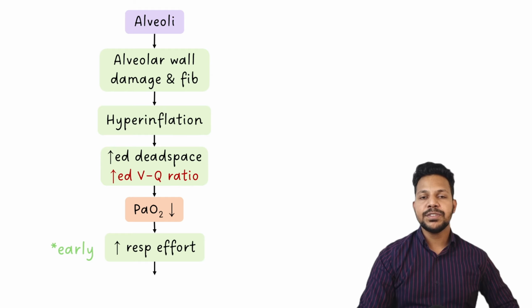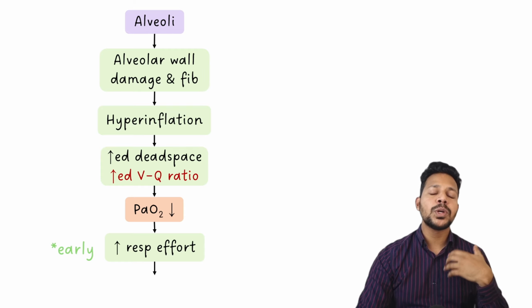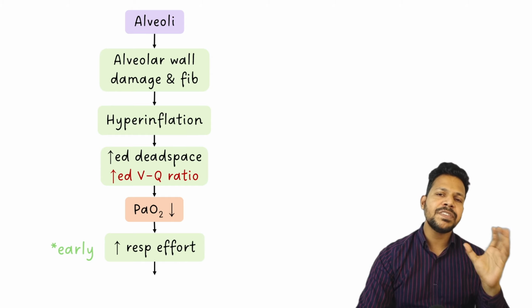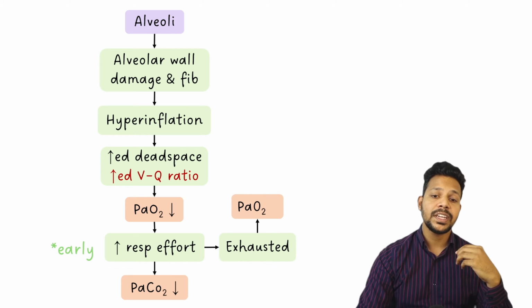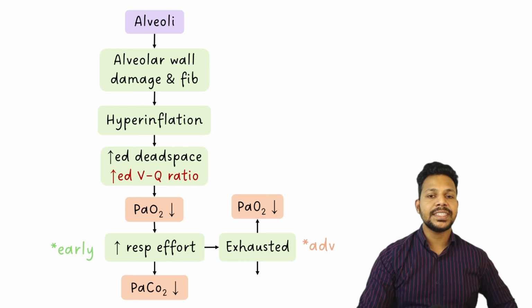Now, when this COPD or this emphysema advances to a later stage where the patient will not be able to take in sufficient breaths, this washout of CO2 is happening only because of hyperventilation. When the patient no longer can hyperventilate and the alveolar wall is significantly damaged, there is reduced PaO2, and because of reduced respiratory rate, there is retention of CO2. This is called type 2 respiratory failure. Okay, so in an early emphysema, there is type 1 respiratory failure, and in late phase of emphysema or advanced emphysema, there is type 2 respiratory failure.